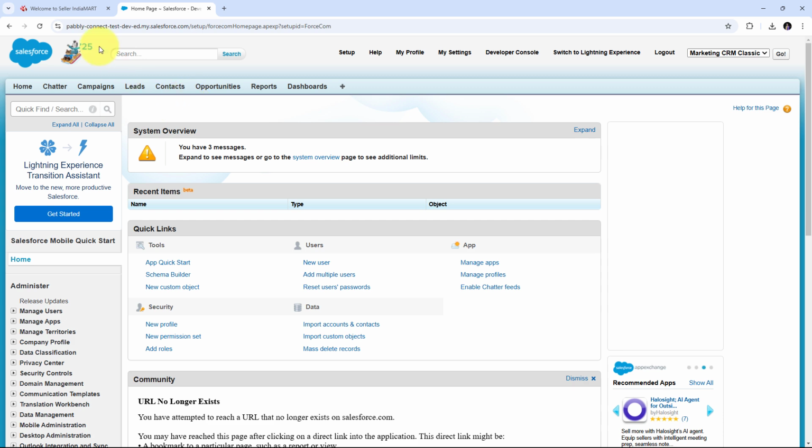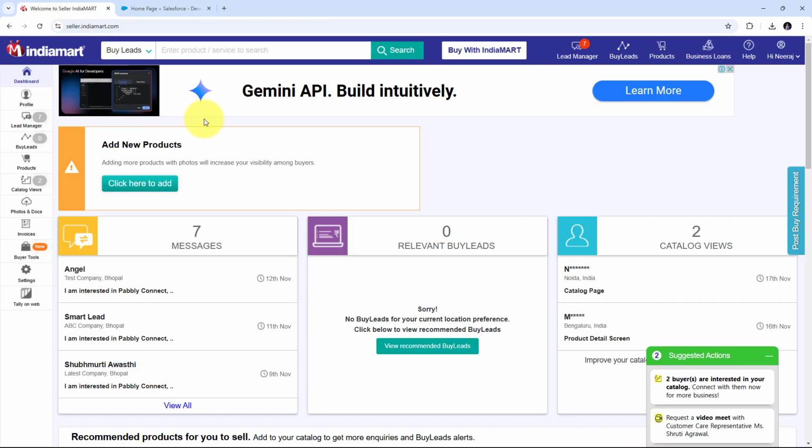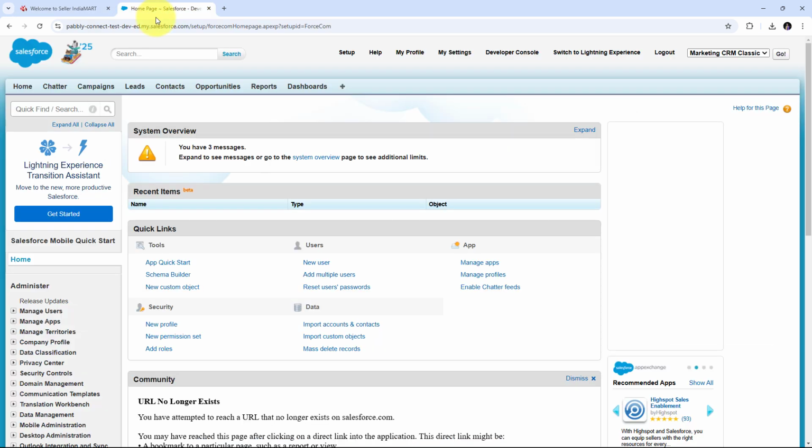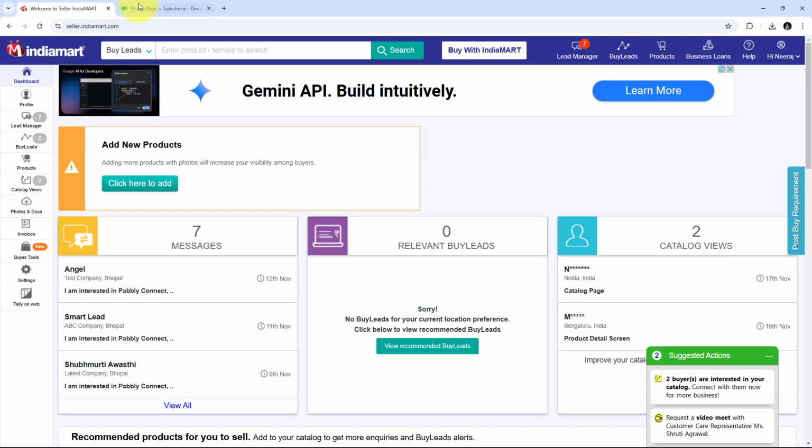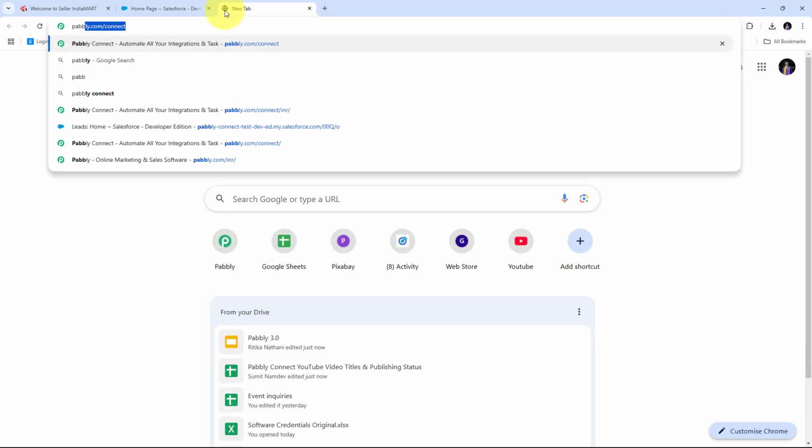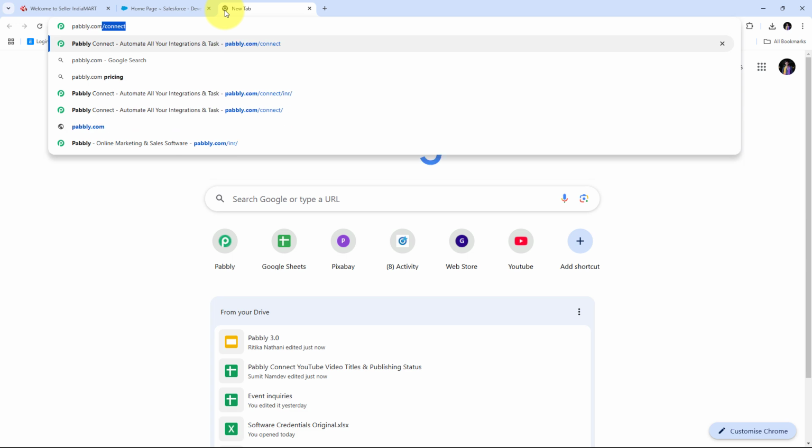So I need to simply connect IndiaMART with Salesforce to set up this automation. With this automation, whenever I receive a new lead or an inquiry for my online yoga and meditation business, I'm going to automatically add those details in my Salesforce account. I can connect IndiaMART with Salesforce without any coding and programming skills, just with the help of Pabbly Connect. For using Pabbly Connect, I need to open a new tab and search for pabbly.com/connect in my browser,